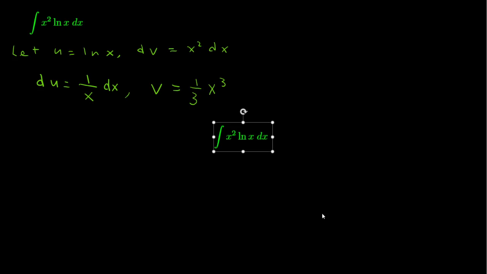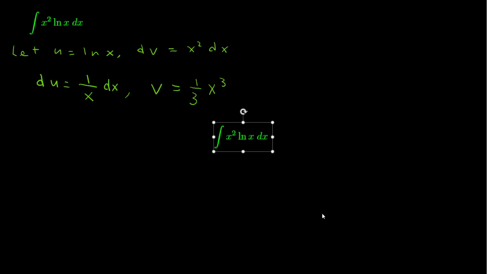You copy everything from here: 1/3 x cubed, natural log of x, and then minus. Simplify this part. You can cancel out a factor of x. Minus 1/3. I think you have x squared. Right, x cubed here, x in the denominator. You cancel out a factor of x. You have x squared